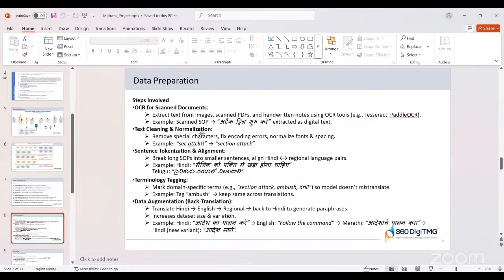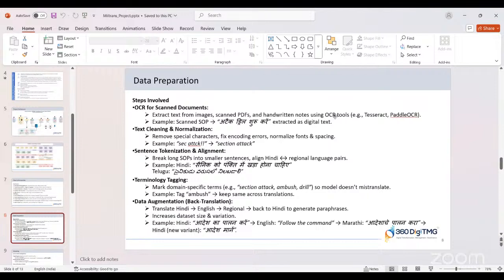Here you can see data pre-processing. We extract the data from images. There is a lot of noise, and we also tried Tesseract here. So this is image extraction. Our intention is to translate from Hindi to regional languages: Telugu, Tamil, and Bengali. Initially we go for the South Indian languages, and later we are going to expand this into multiple other languages also.